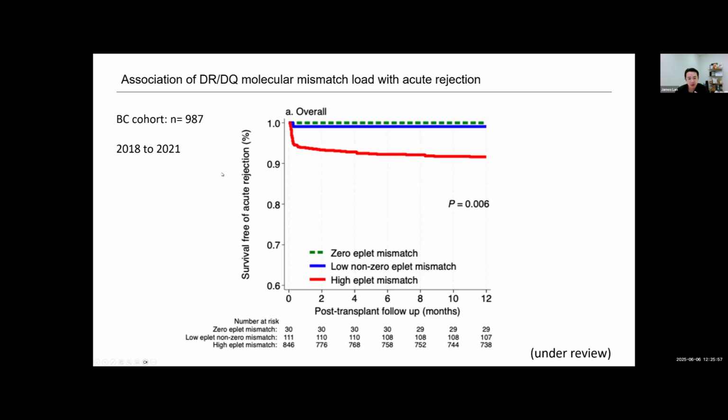And then we analyzed the epitope differences between the donors and the patients and risk stratified them into 3 different groups. Only a minority of the patients, the lucky ones, happened to be 0 mismatch. And as you can see, none of them had rejection. But in addition to them, there were patients with mismatches, but low burden of mismatch, that actually had very minimal risk of rejection as well. And then there were the high epitope mismatch patients, so a lot of disparity between the donor and patient at the epitope level. And those were the ones with a much higher risk of rejection over time.